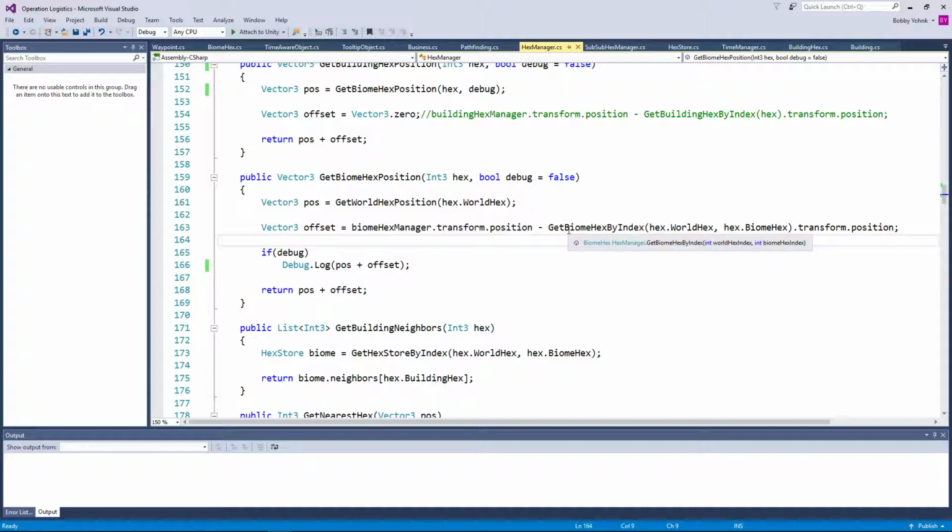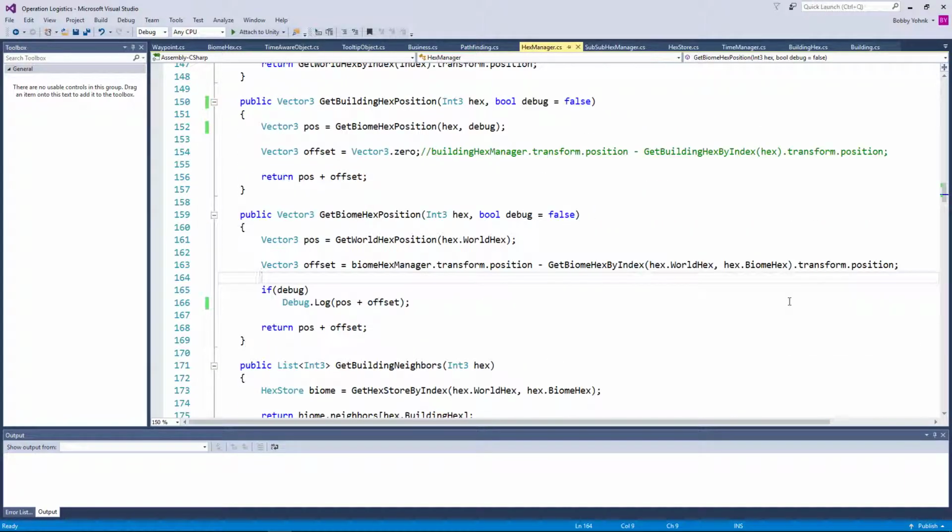Manager.transform.position minus get biome hex by index hex.world hex hex.biome hex.transform.position. We are getting the correct biome hex, we verified that. It is this that's wrong, because we verified that this is correct a couple episodes ago. So this line is wrong, and why? Why indeed? I mean, it should be...